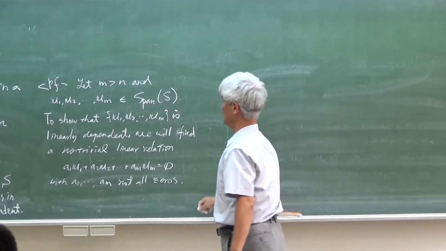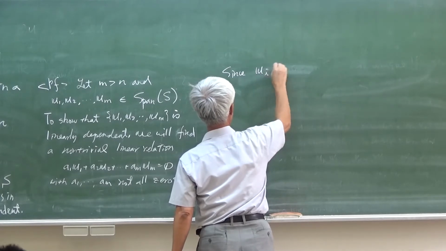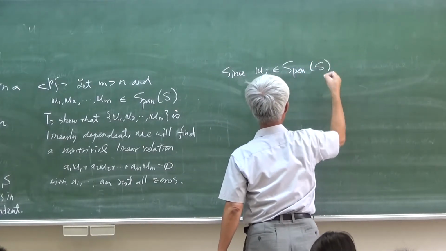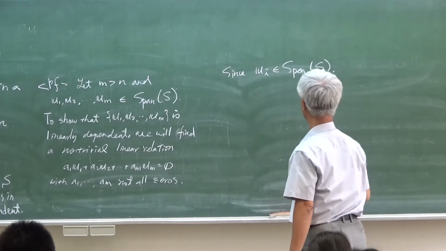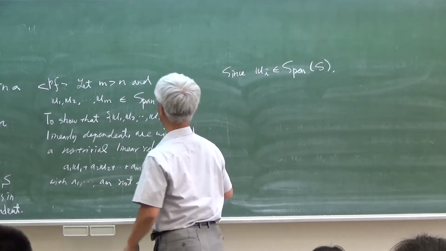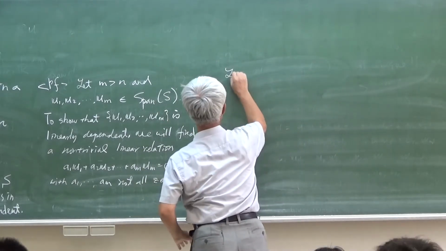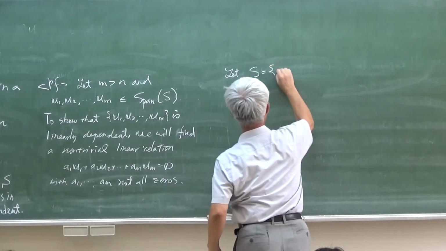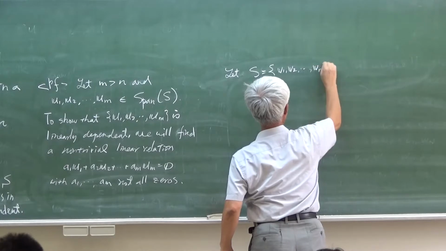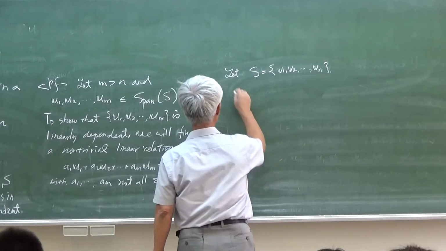Okay. Now, since U_i is in this chain of S, okay? And, okay, so let S equal to {v1 up to vn}. Okay, because S has n factors. Then